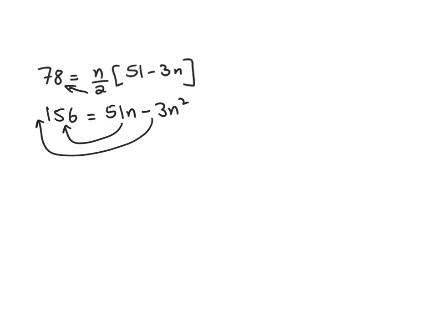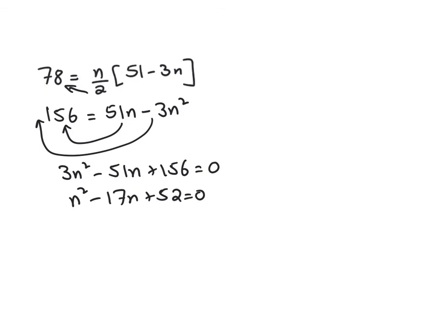So what do we get? 3n squared minus 51n plus 156 equal to 0. All these three numbers are factors of 3. So dividing every term by 3 on both sides, we get n squared minus 17n plus 52 equal to 0. Now this is a quadratic equation, and we have learned how to factor a quadratic equation by splitting